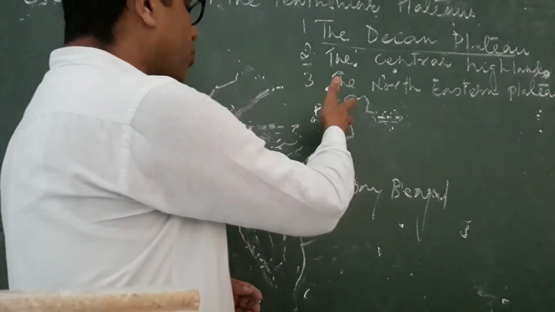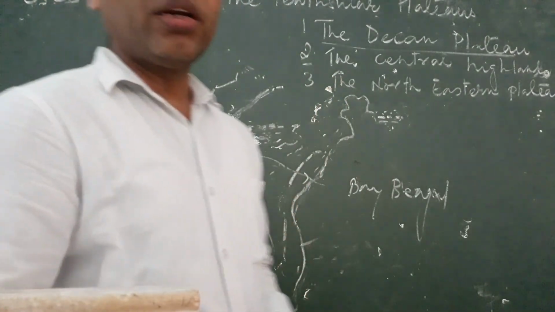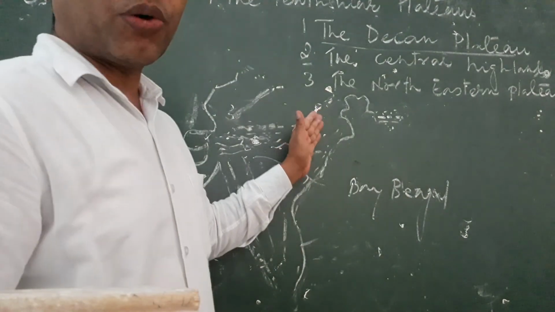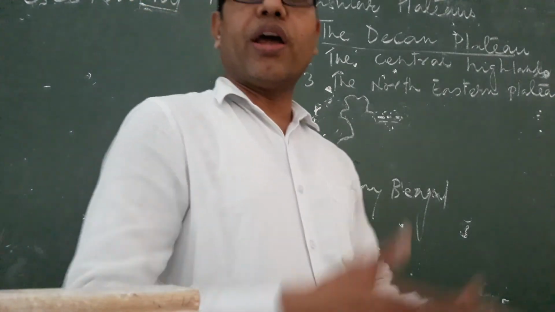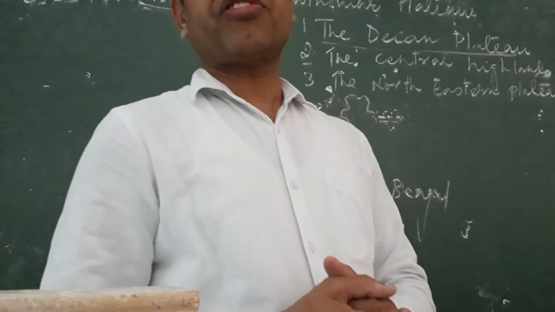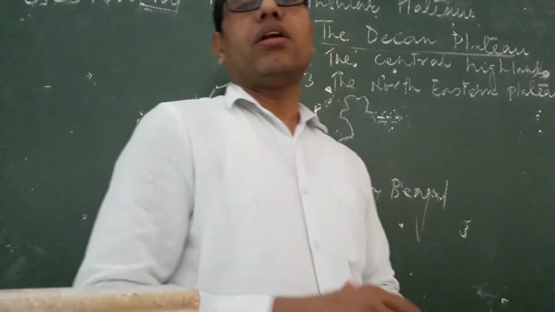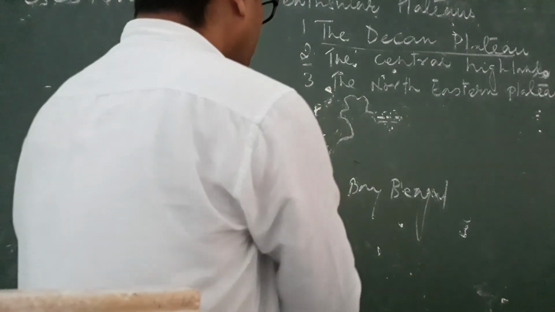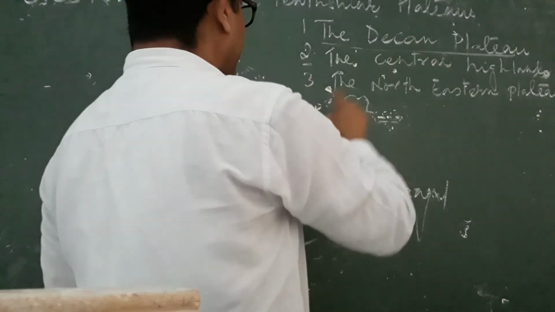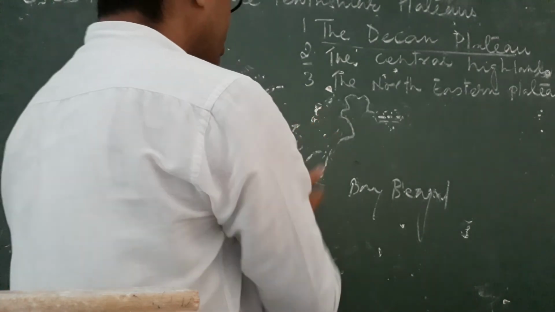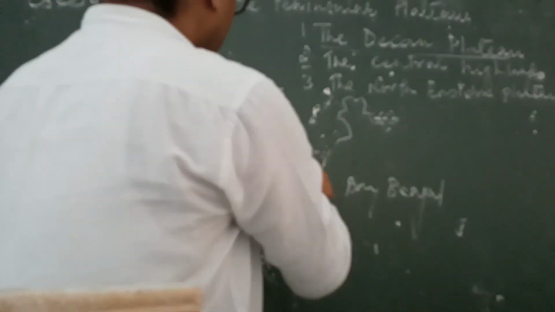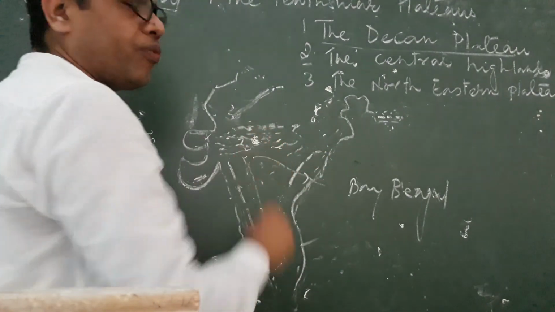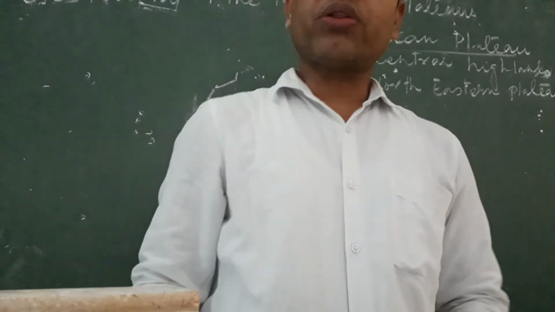It starts from Odisha and joins the Nilgiri Hills. So from north to south, it comes along the eastern coast, the eastern edge of the peninsular plateau, till the Nilgiri Hills. So this is all about the Deccan Plateau, which has Western Ghats and Eastern Ghats, and that we count as the part of peninsular plateau that lies to the south of Narmada River. So thank you in this video.